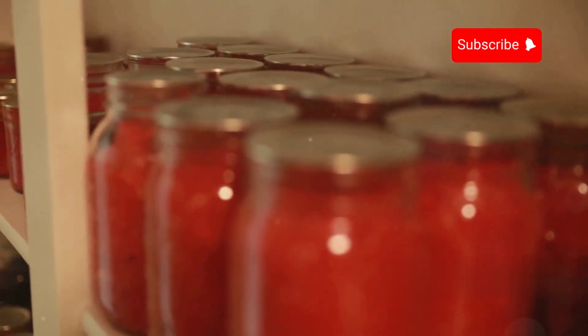Next, glass jars are meticulously sterilized, ensuring they are spotless and ready to preserve the cucumbers at their...